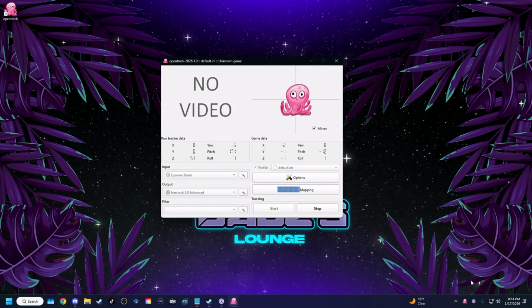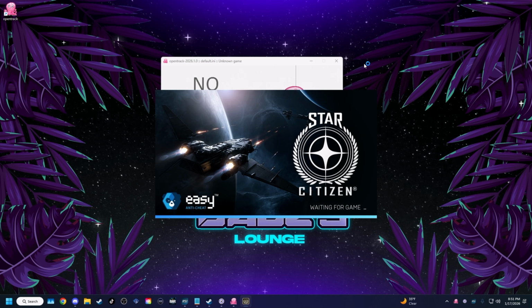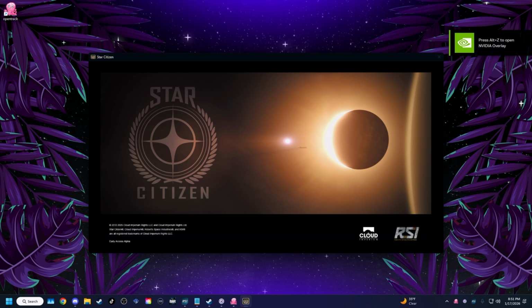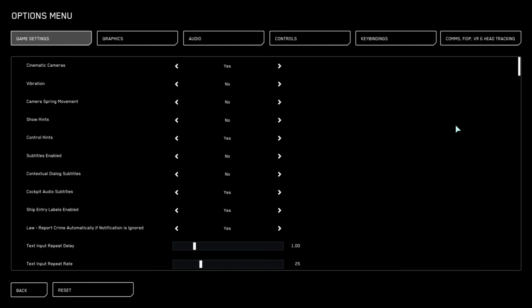But once you have everything set up, you're going to want to go ahead and launch whatever game you're going to be playing, which in our case we're going to be doing Star Citizen. First thing we're going to do is go to our options, go to comms, FOIP, VR, and head tracking,